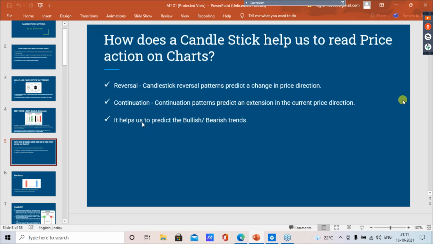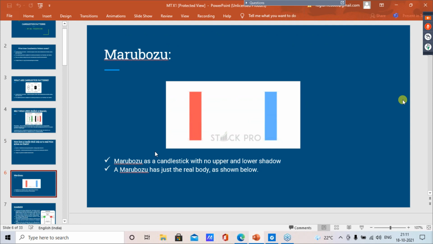And we have three functionalities attached to candlestick patterns. One is reversal pattern, the second is continuation pattern, and it will tell you the bearish or bullish trend. So we'll have a look at the continuation pattern. Marubozu is one of the finest examples of continuation pattern where we don't have any shadow region. We have flat bottom and flat top. So what is the indication of appearance of Marubozu on the chart? It will tell you the trend will continue further. You can remain in trade if you're already in a trade, or else you can enter a trade as and when the low and high of the respective Marubozu candle is broken.